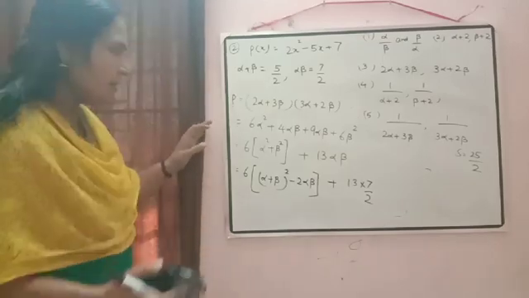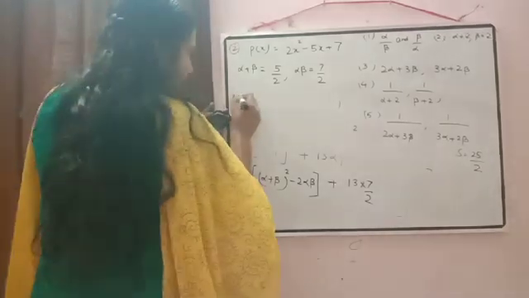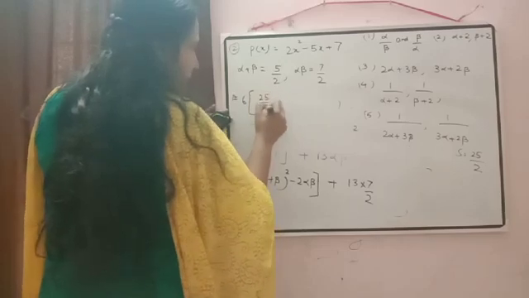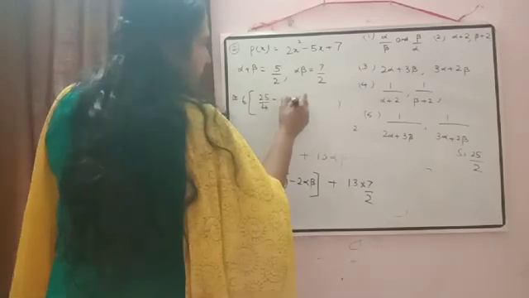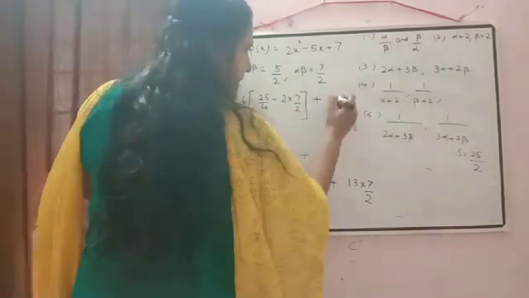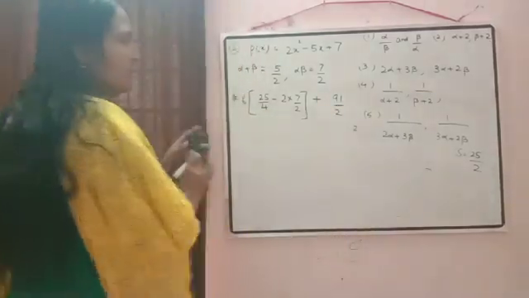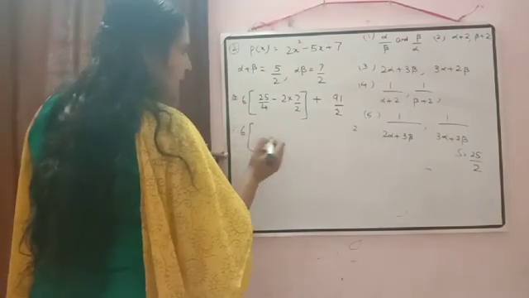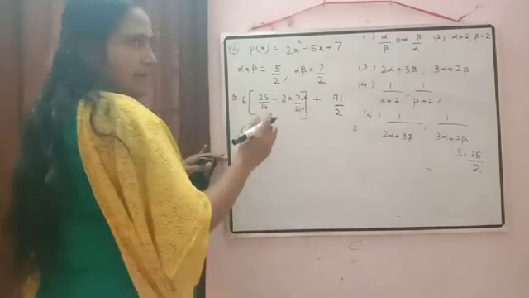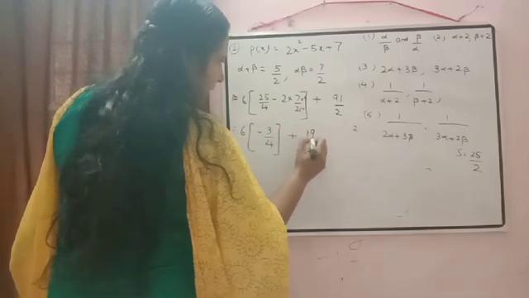Okay. Now again we have to substitute the value of alpha plus beta here. Then just to check what will come, 6 into alpha plus beta the whole square. So we will get here 25 by 4 minus 2 alpha beta, 2 into 7 by 2, plus 13 sevens are 91 by 2. Now here we have to make the denominator equal. So we have to multiply it by 2. So we will get here 25 minus 28, so that will be equal to minus 3 by 4 plus 19 by 2.